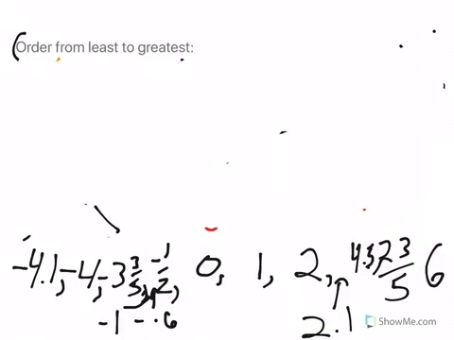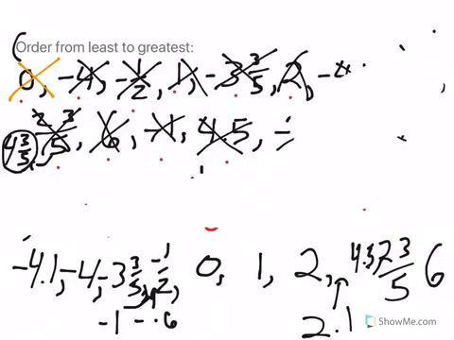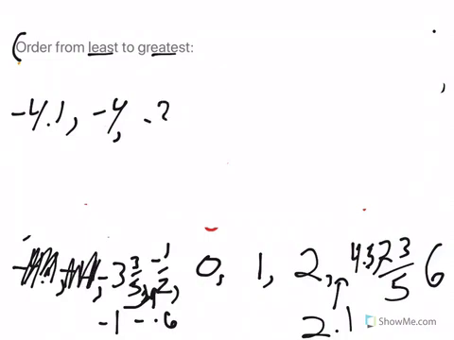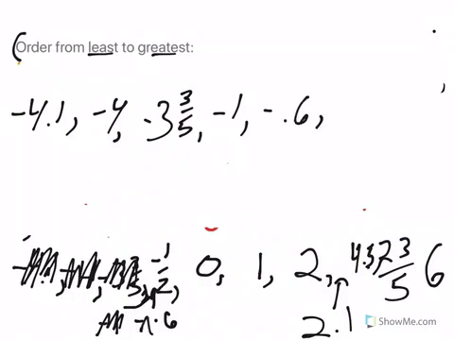It's not okay to turn it in that way because it's really hard to see. So I'm going to just order these in a neat pattern. We're going least to greatest: negative 4.1, done with that. Negative 4, done with that. Negative 3 and 3/5, done with that. Negative 1, done with that. Negative 0.6, done with that. Negative 1/2,